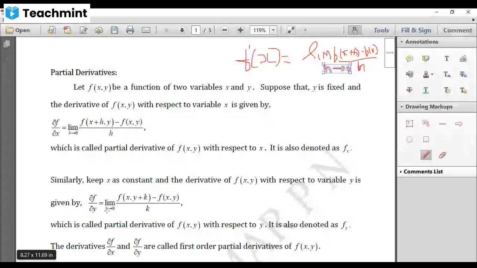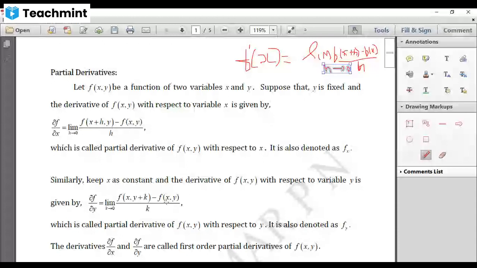Because it's a function of two variables, x remains the same and only y is changing, so f(x, y + k) minus f(x, y)